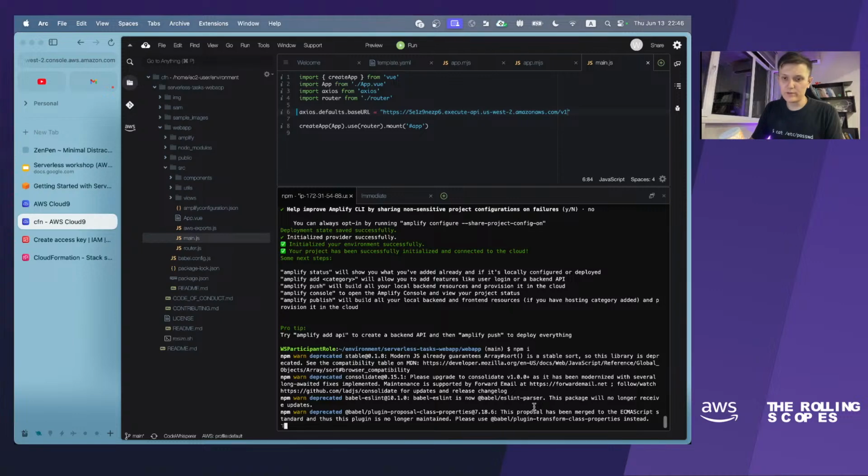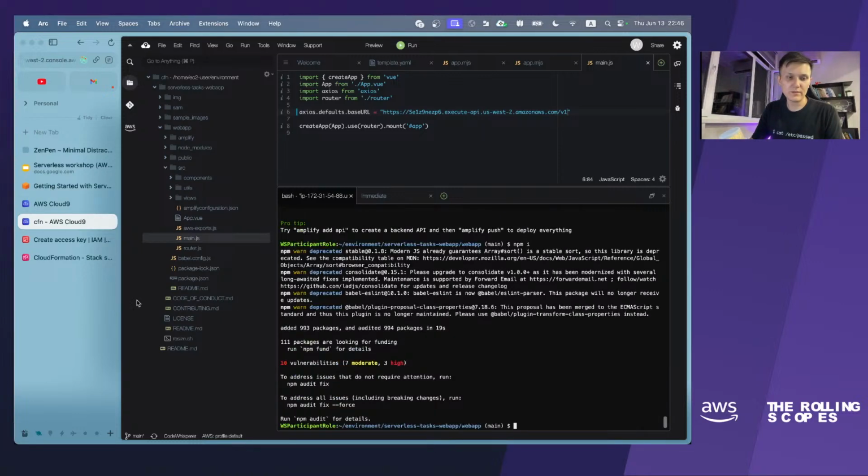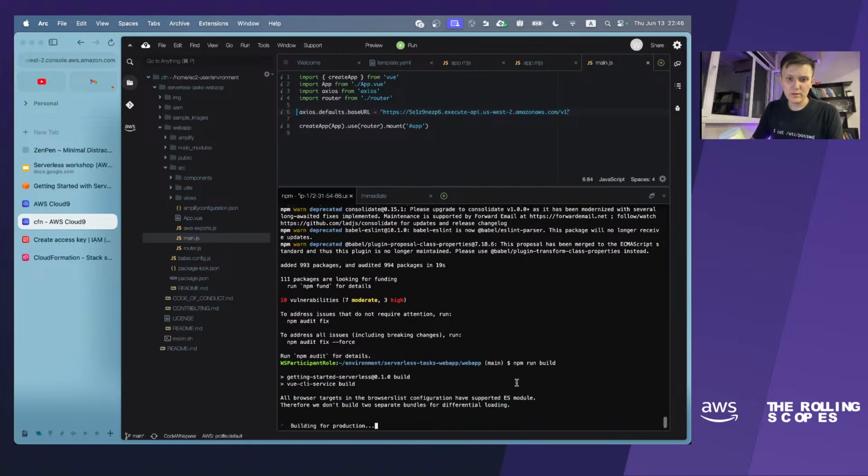It will take a while to install all dependencies. No, it was very quick. And npm run build, I believe. Yes, this is the correct command to build the front-end application.